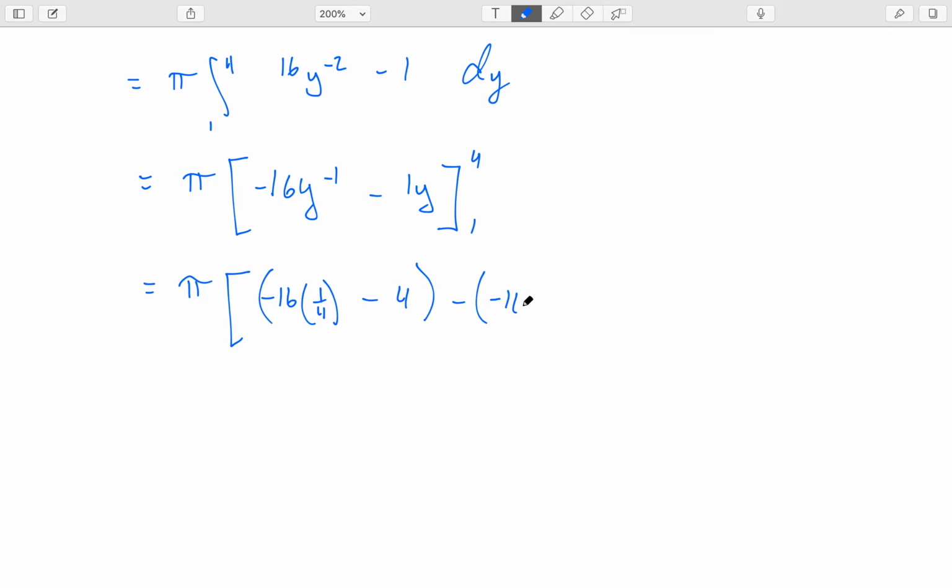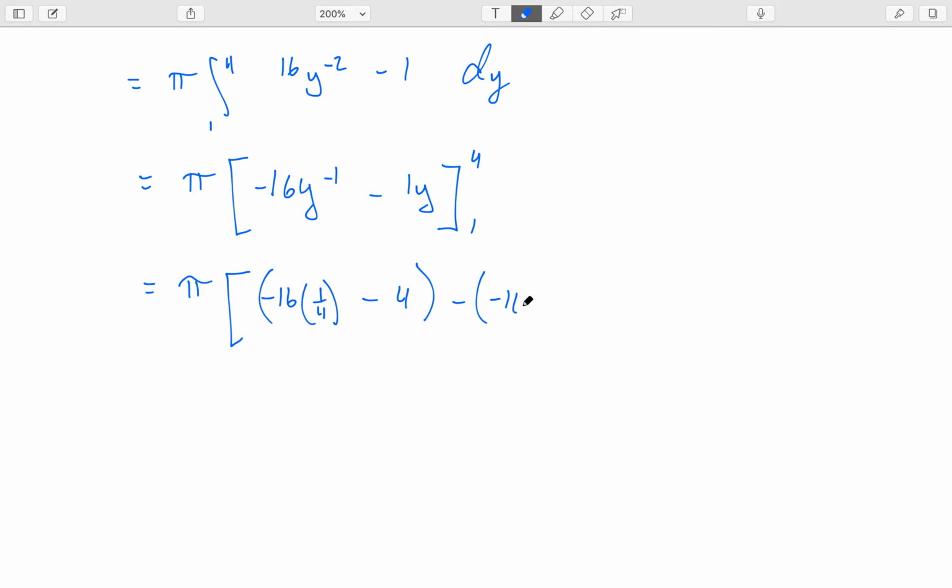So whatever this is, what am I going to get? This is going to be negative 4 minus 4. This is going to be negative 8. Subtract. No, let's just make that plus 16 plus 1. So negative 8 plus 16 is positive 8 plus 1. This is going to be 9 pi